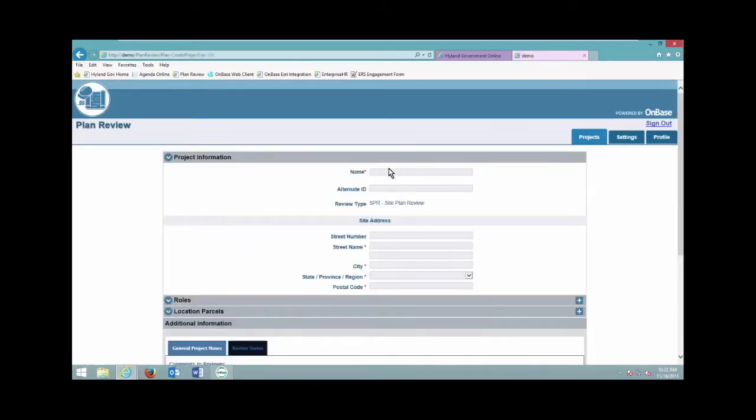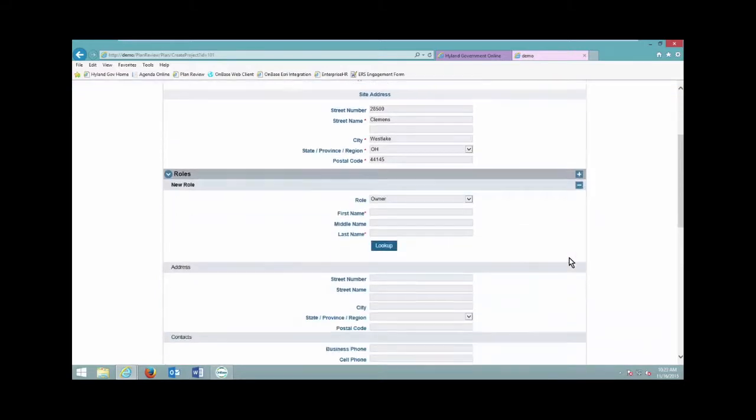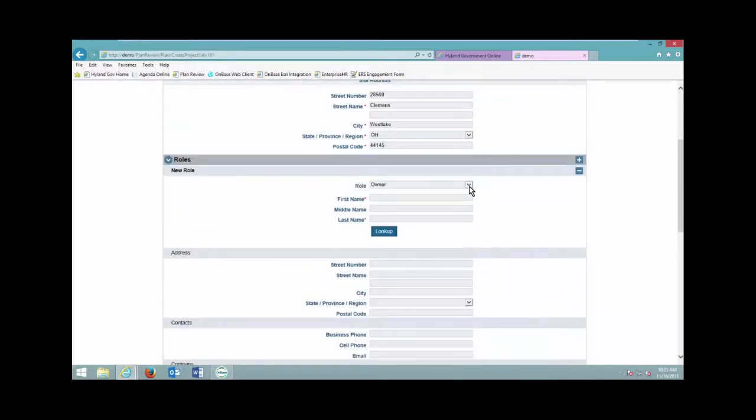When I see this, I'm presented with the information that I need for the metadata for the project. This can include things like street address, and you see that the items that have red asterisks in front of them are the information, or the metadata, that's required. I have the ability to add roles, so if I wanted to invite another person to participate, I could